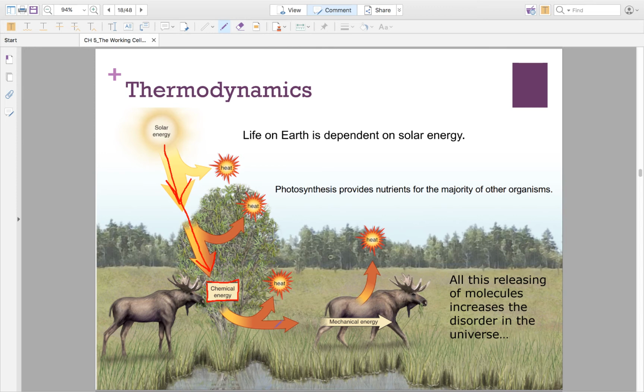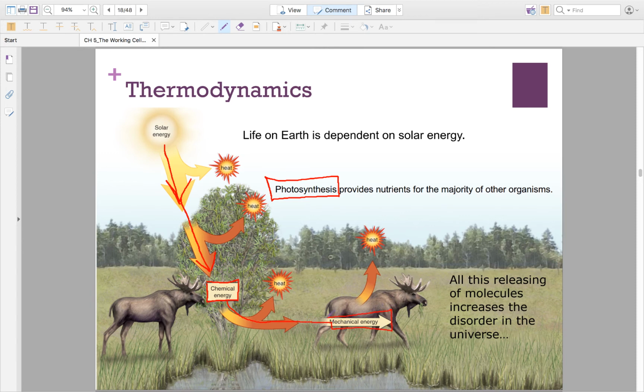All right, either way. So solar energy is from the sun. It's converted to chemical energy by photosynthesis. And then animals acquire that energy in their diet, and that chemical energy is transferred into